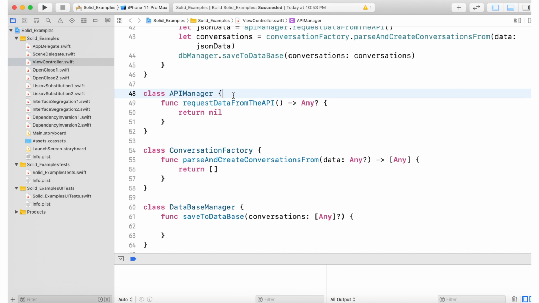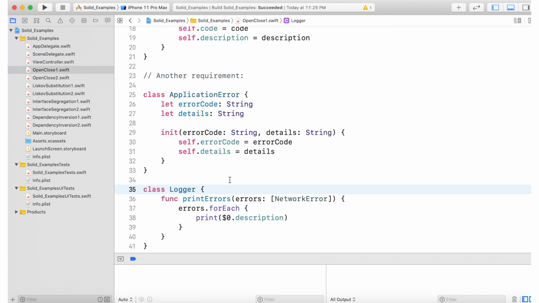And similarly, you can create functions also. Even if a function is responsible for completing multiple responsibilities at a time, then somewhere it is violating the single responsibility principle. So try to avoid these kinds of situations.